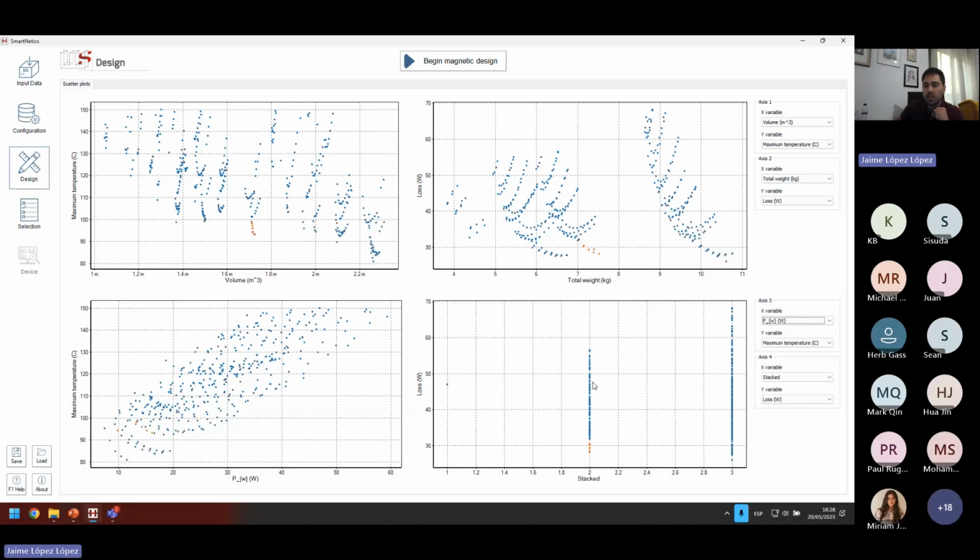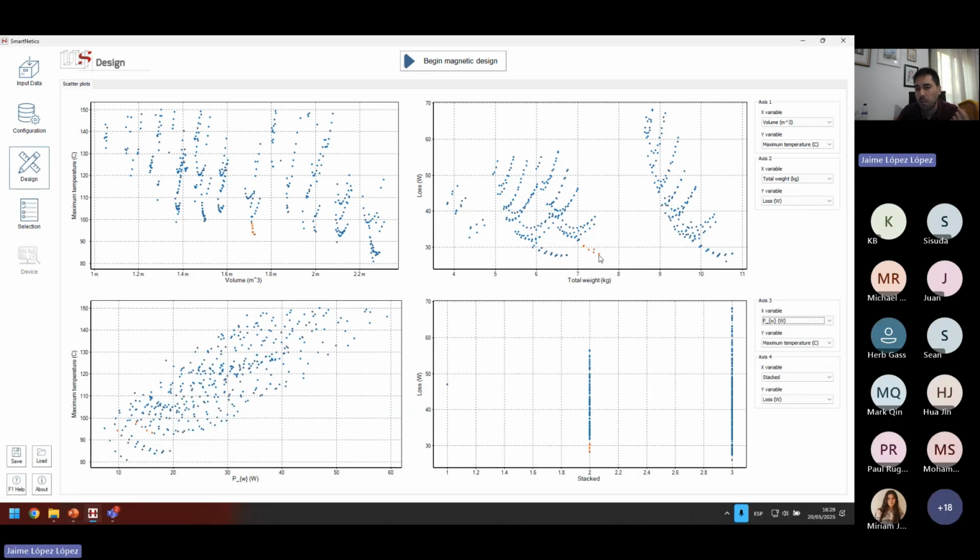And as you can see the impact in here, in the total weight, in the losses, in the temperature, in the wire losses, etc. You can see the impact in every other parameter. And this for us is the good thing about our approach, because some tools or some design procedures, if they only gave you, for example, the one with the lowest losses, they will provide this one.